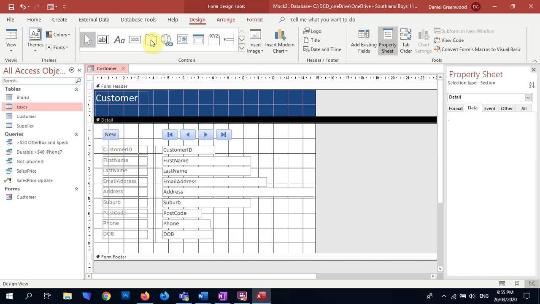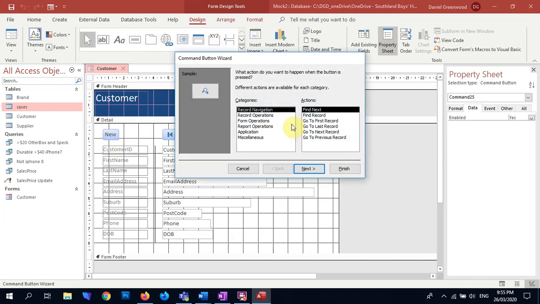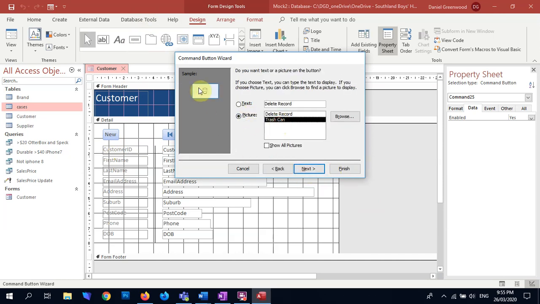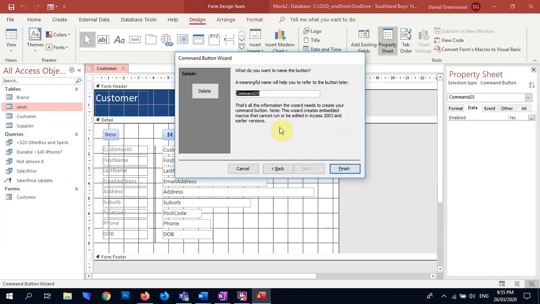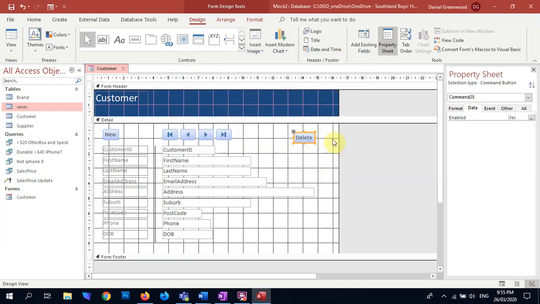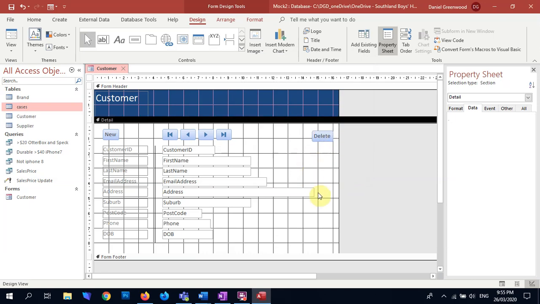Right, and then I can have a button here that says record operations, delete record, trash can. I could use a trash can, but I'd rather just say delete because it just seems a bit nicer. Right, and we always put this off to one side. Reason being, human error. Right, now that we've got our form done, in terms of all the fluffy, pretty, nice things that we want to do in it,